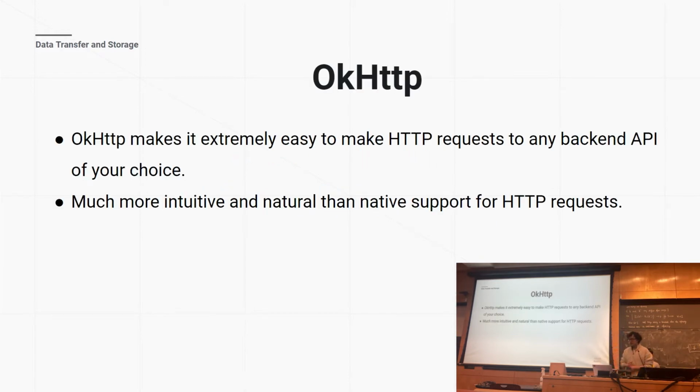OkHttp allows us to pull data in the form of a JSON object from our backend with ease. OkHttp is much easier and more intuitive and has a more natural flow than the native HTTP request support, which makes it our preferred HTTP requester.